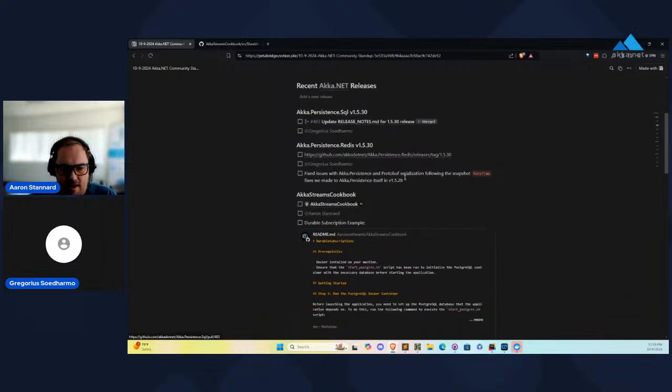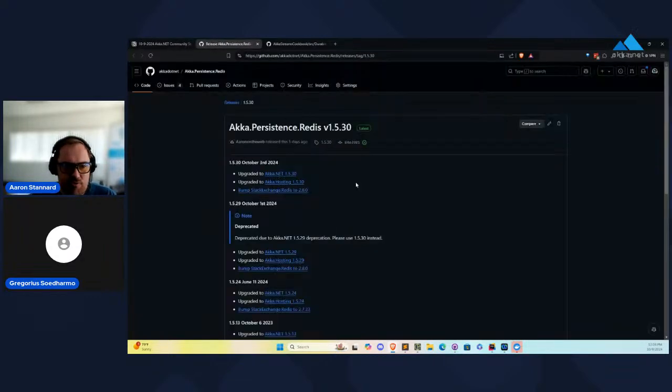All right. Next, we've been doing a bunch of work on Akka.Persistence.Redis. It's been getting a little bit of love. Mostly, this ties into the whole theme of 1.5.30, so maybe we should start teasing that a bit. Go ahead, Gregorius. One of the big changes we did in Akka.Persistence is to introduce keying off the timestamp. That is needed because